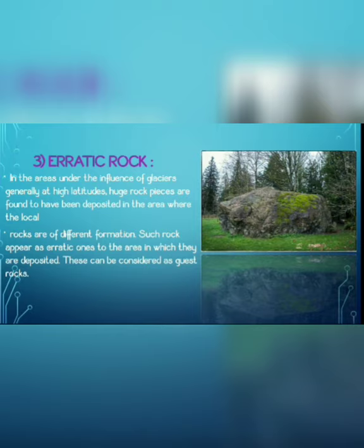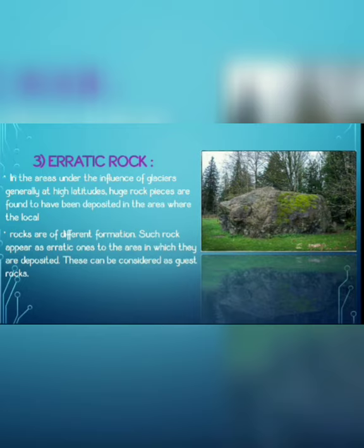Because of that, the rock which is carried away during the process of erosion and deposited looks like a guest rock. The texture of that rock appears different as compared to the other local rocks. For example, if some foreigner comes to India, you can definitely identify him because he looks different.